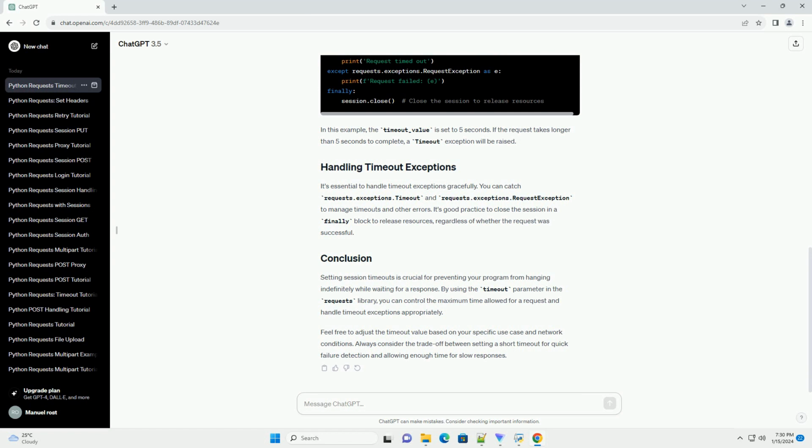It's essential to handle timeout exceptions gracefully. You can catch requests.exceptions.Timeout and requests.exceptions.RequestException to manage timeouts and other errors. It's good practice to close the session in a finally block to release resources, regardless of whether the request was